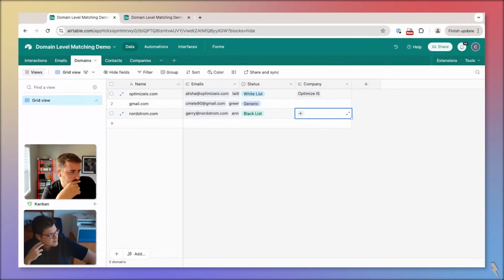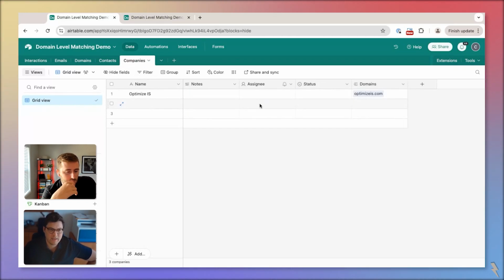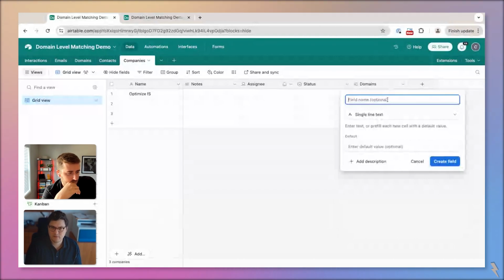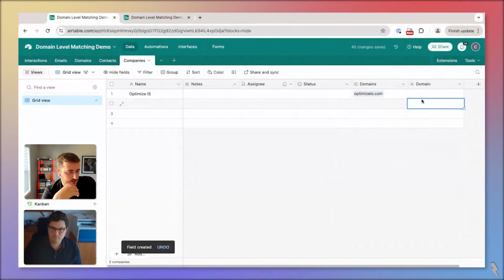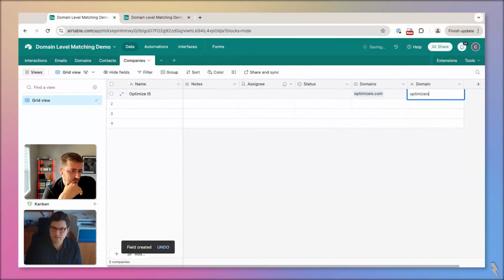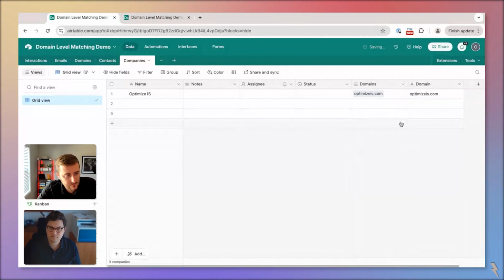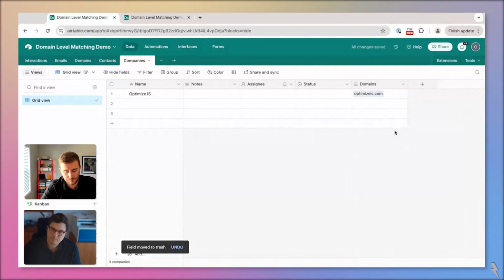Yeah, so I guess the assigning of domains to companies is a manual thing, would you say? Because again, in the companies table, I don't know if I'm going to have an email or a domain field that when someone creates a company, they're writing it here. Sometimes maybe there are workflows that have that. But I think when we did this for our base, what I did was to start,